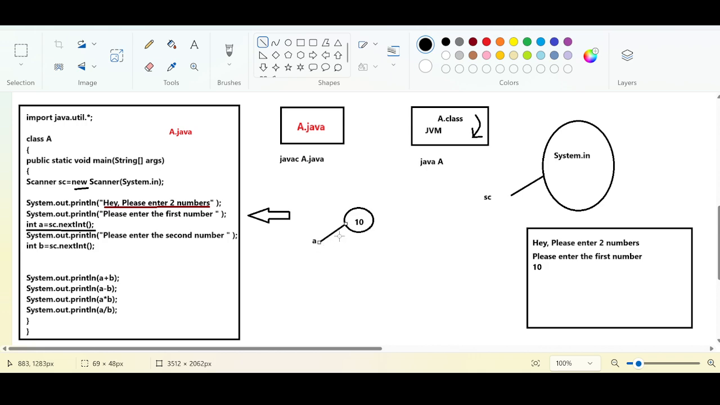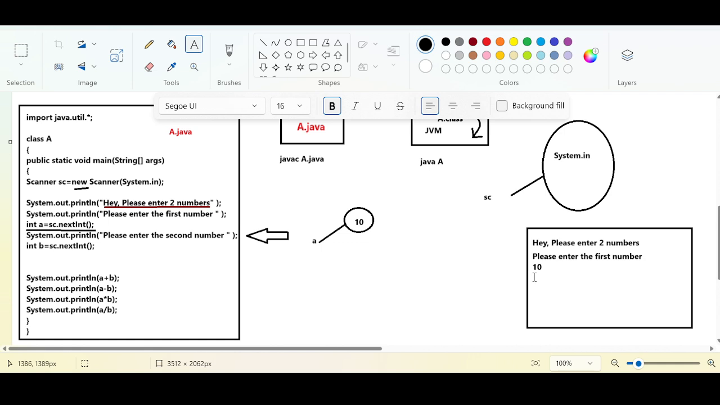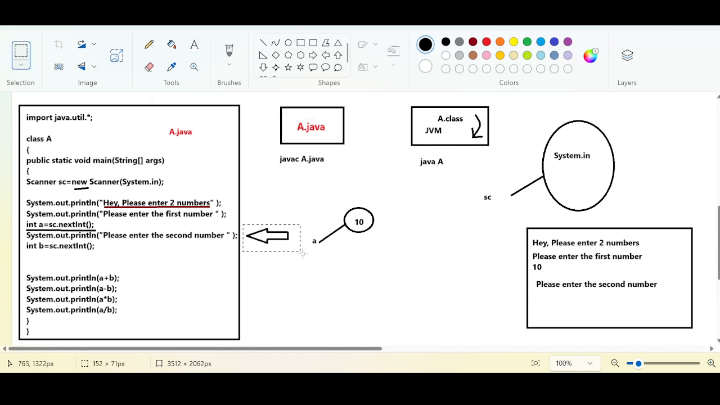Now A has the value. After this assignment, the control will jump to the next line. What is the next line? Please enter the second number. That has to get displayed in the console. Look at the tracing. Please enter the second number. Now the main thread will wait until the end user enters the second number, because the next immediate statement